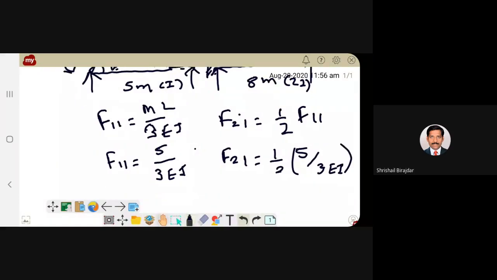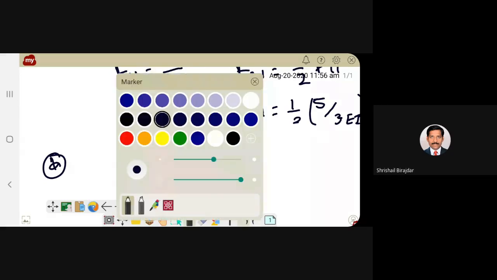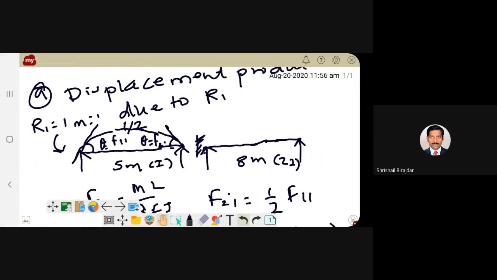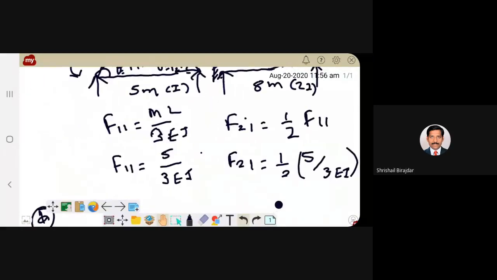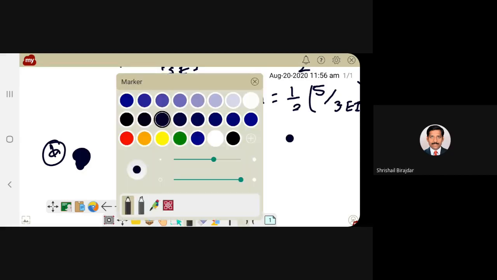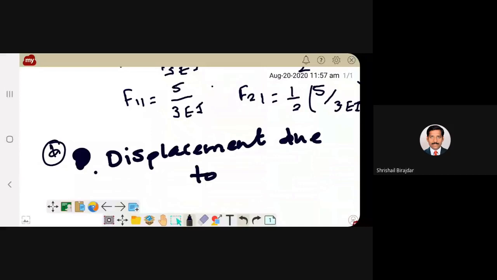आता नेक्स्ट जो आहे आपल्याला फ्लेक्झिबिलिटी कोएफिशियंट काढण्यासाठी, आता आपण काय केलं, अप्लाइंग युनिट डिस्प्लेसमेंट. ओके, परत मी रिपीट करतो. हे बघा, डिस्प्लेसमेंट प्रोड्यूस ड्यू टू रिडंडंट रिॲक्शन R1. आता इथं काय लिहायचं, डिस्प्लेसमेंट ड्यू टू R2. आता R2 चा डिस्प्लेसमेंट आपल्याला हे करायचं, मग त्याच्यासाठी परत काय करायचं, you need to again find out the